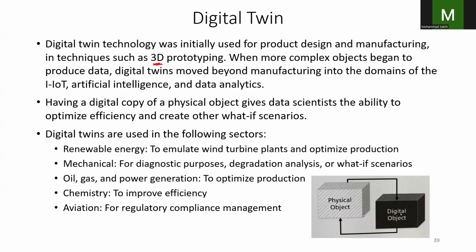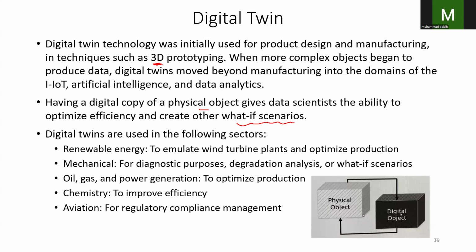With a digital replica of a physical object, whether it's a pump, turbine, or a machine, we can run what-if scenarios. This is the most important thing, to check the performance in different conditions and optimize systems without touching